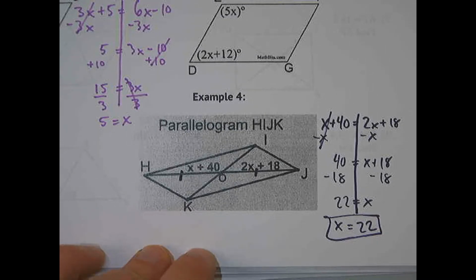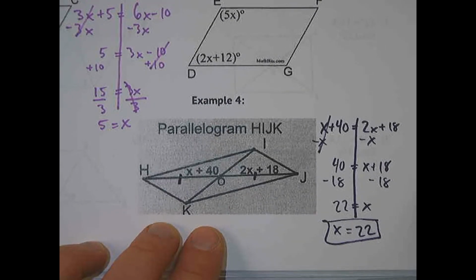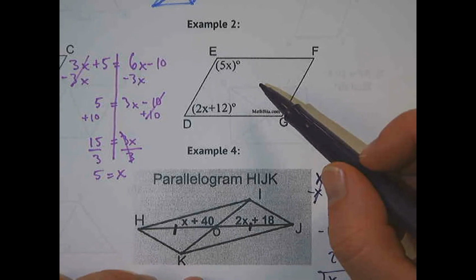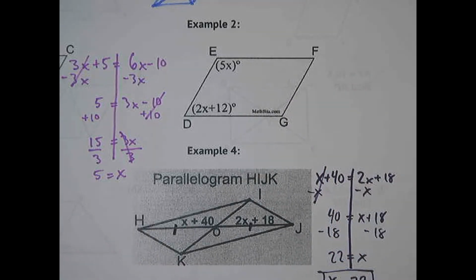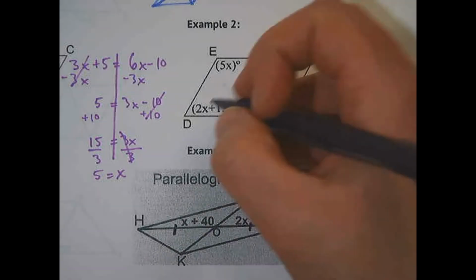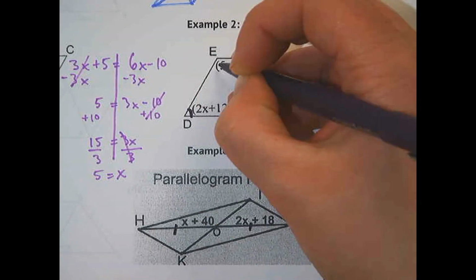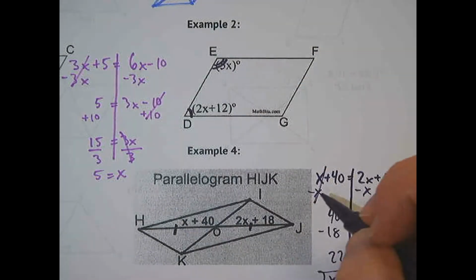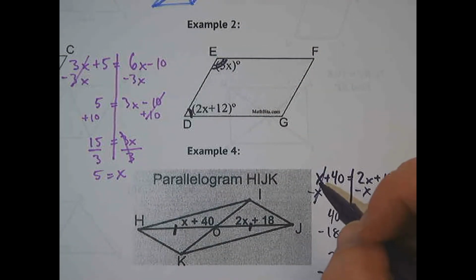Okay. Example 2, the last one we're going to do, so it's not really example 2, I guess. This is more like example 4. This is the only situation where we're not going to be setting things equal to each other. Example 2, instead, we're going to add to 180, and here's why. So if I've got this angle here and this angle here, this one's 5x, this one's 2x plus 12,